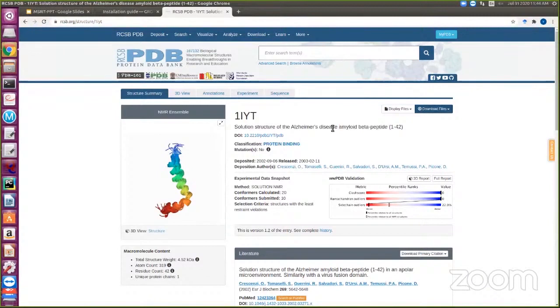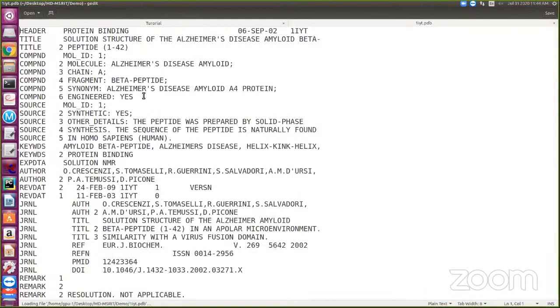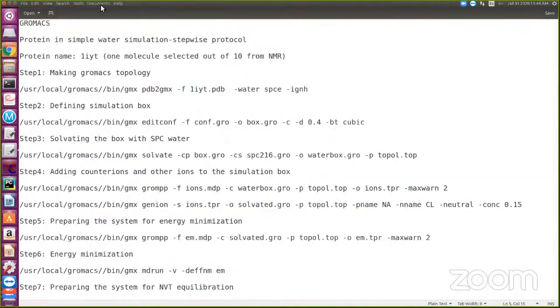Okay, so if I want to download this, I can download the structure I have performed already. I have created one separate folder. I told you I have created a separate folder. In this folder, I already kept the 1IYT PDB ID. But one thing is the 1IYT PDB ID consists of 10 conformations, 10 models, as I already said. So I don't know how many people are aware of opening these things.